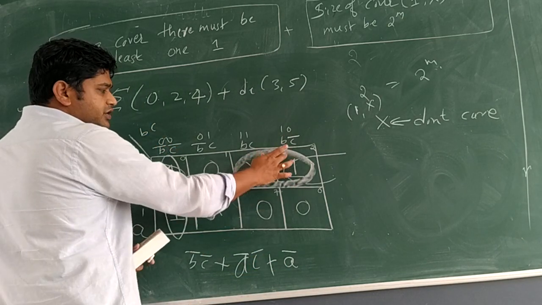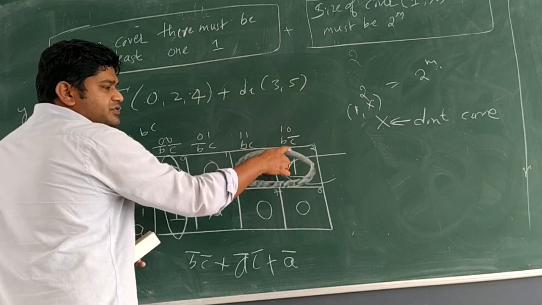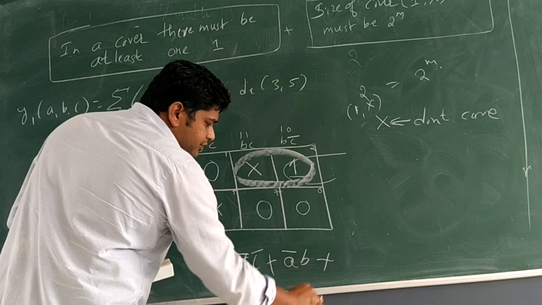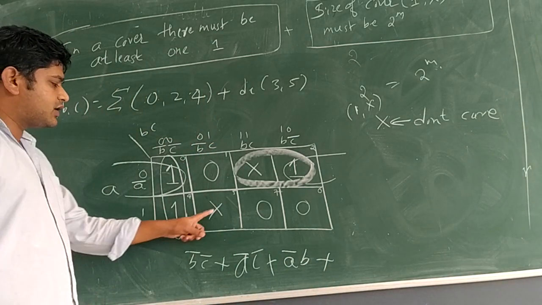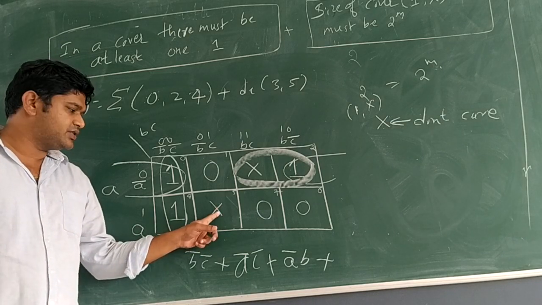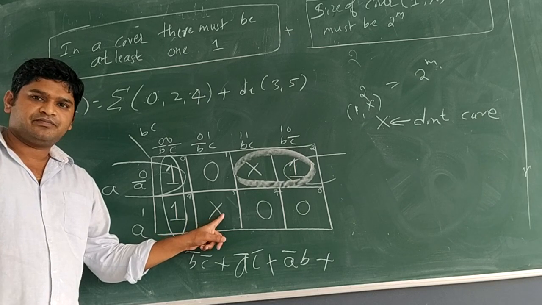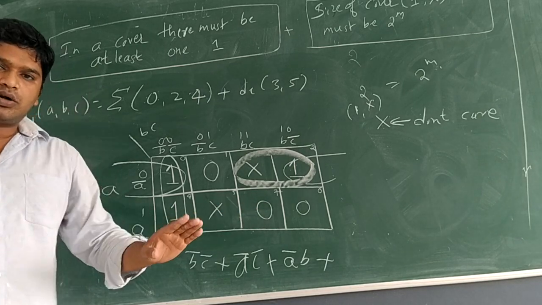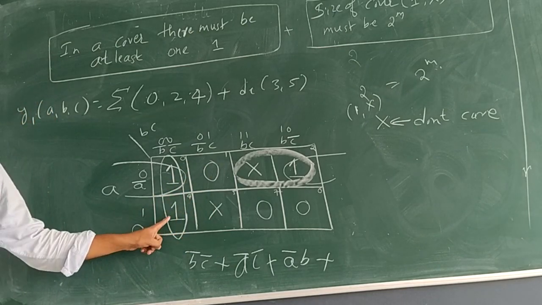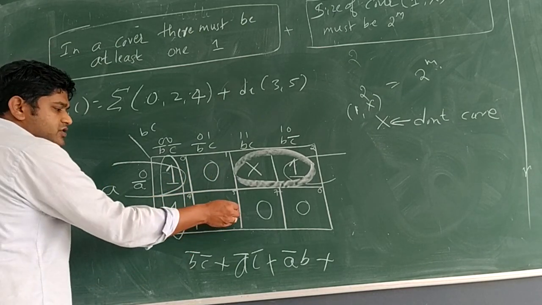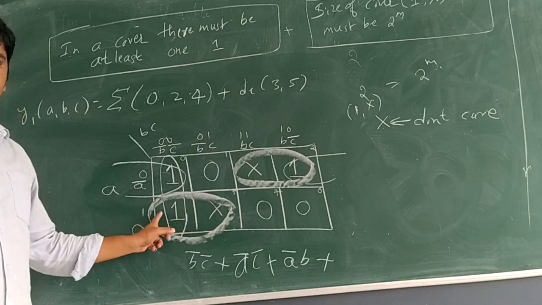Between two columns it is B C complement. Between them C and C complement cancels. We are left with D. Okay. Now look at the graph. Look at this K-map. We have one more X. X with 0 is not allowed. This X with 1, yes, possible. Hence, check for this, 1 with the X.